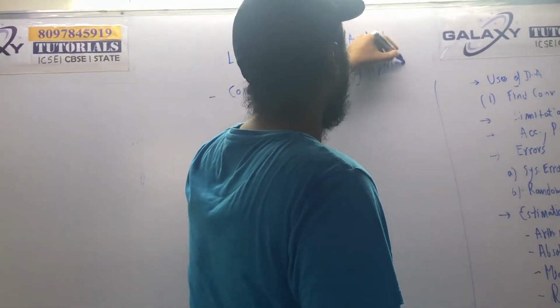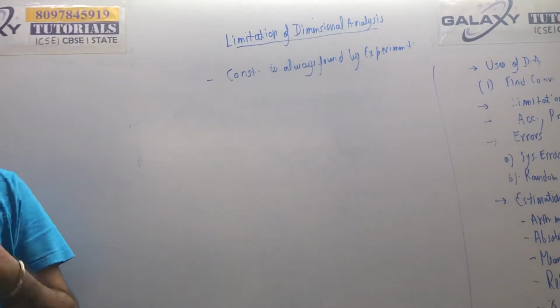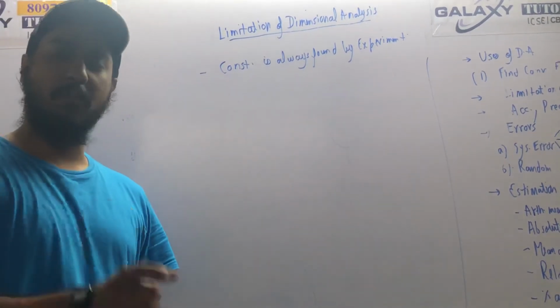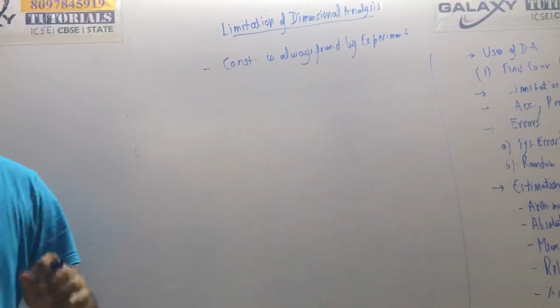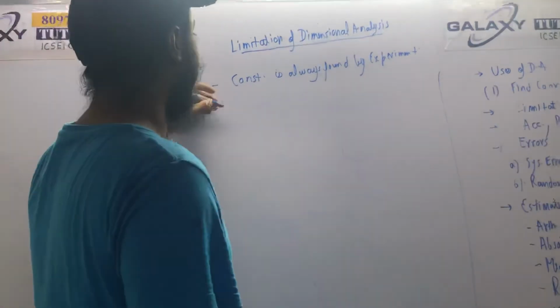Like I told you that 2 pi, 1 upon 2 pi, you can only find them by doing experiments, okay, and that is a very tedious process because you always have to do the experiment, like with the Bob, you have to move it and find the constant. It is a long and tedious process to find the constants using experiments, okay. So this is one of the limitations.